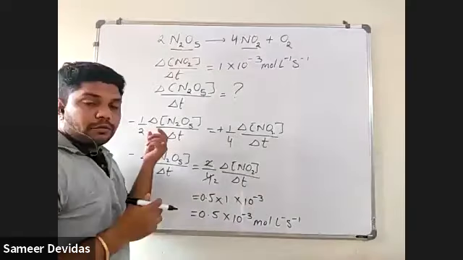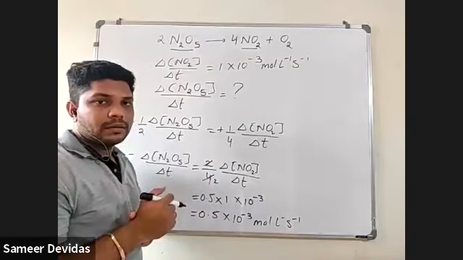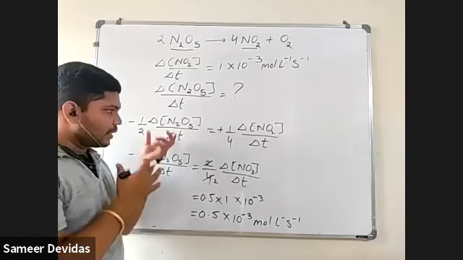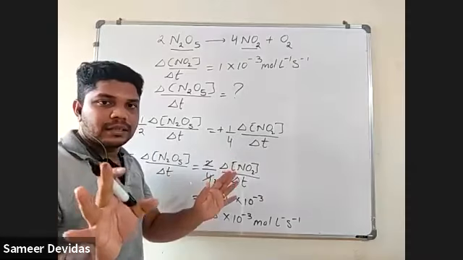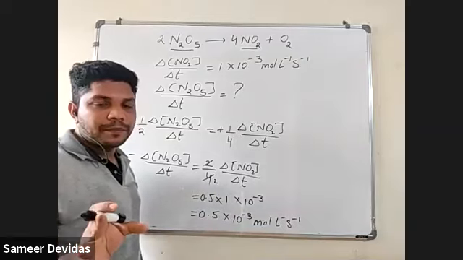Now, I was telling you regarding the signs. Why are we mentioning the signs here? What is the use of mentioning these signs? What will you understand with that? That it is a reactant or a product. Very good. Minus sign here depicts that this is a reactant, and plus sign depicts that it is a product. That's it. More than that, it doesn't matter. Understood? Yes, sir.